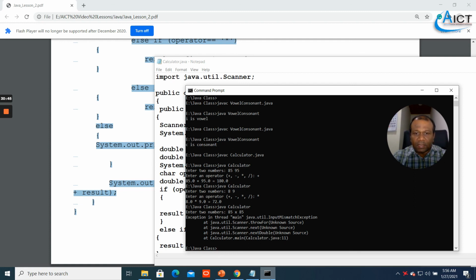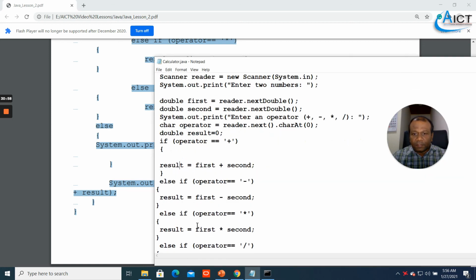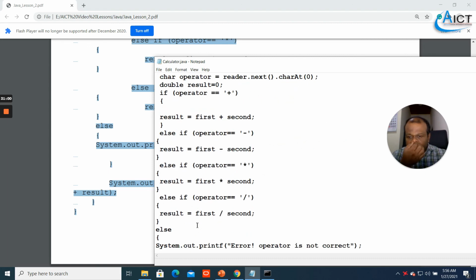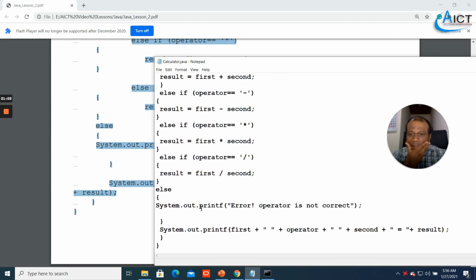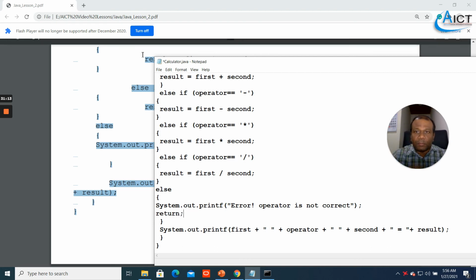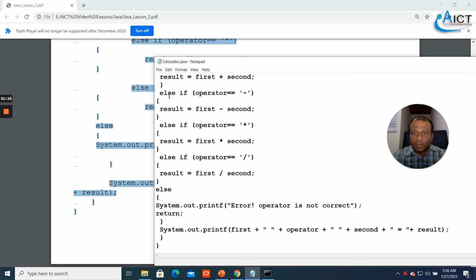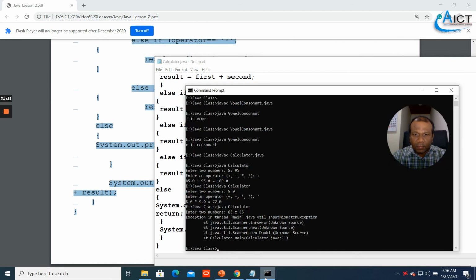Else, because it's not a valid operator, it had to go here, else if. We'll put a return to stop that at that point.